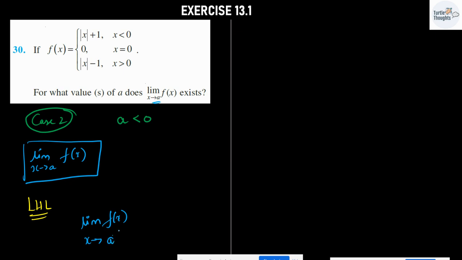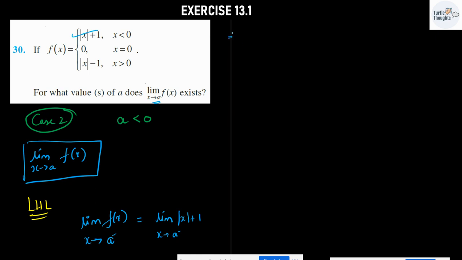Yes, sir. So a minus. Whenever I take a minus, which is the formula I should be using? It is less than, right? A is less than. So what will I be using? The first one. So limit of the function modulus of x plus 1 as x tends to a minus is